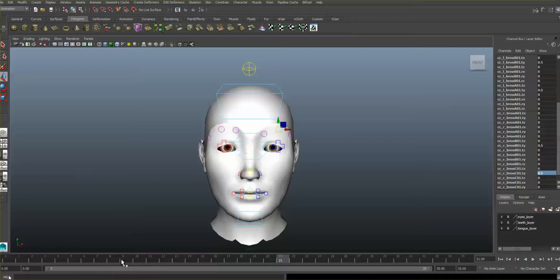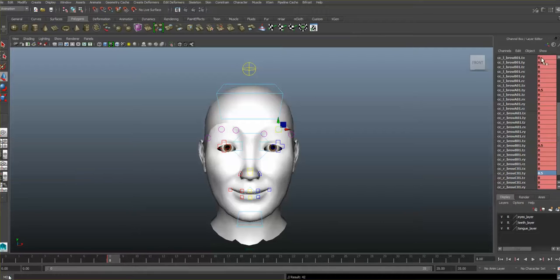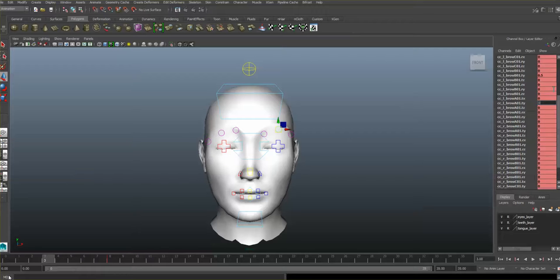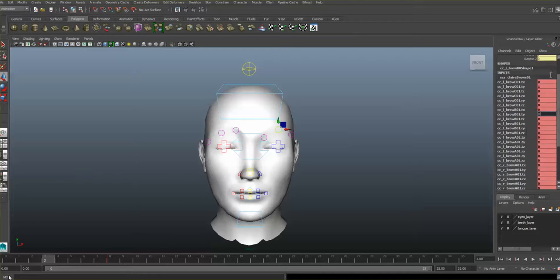So just as we did before, set the keys. Let's say you set it right here on frame 8. Let's press S to set the key, and now our attributes turn red. And let's say that on frame 3, the eyebrows are going to be back to normal, so just set them to 0 again. That will be the easy part. Set them to 0,